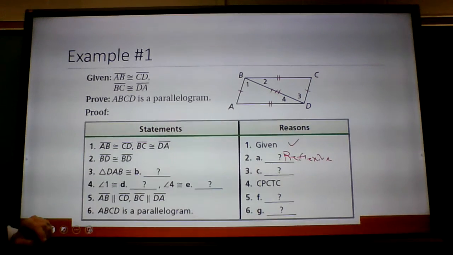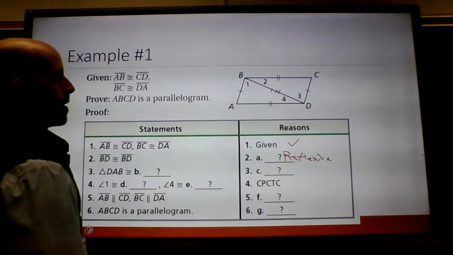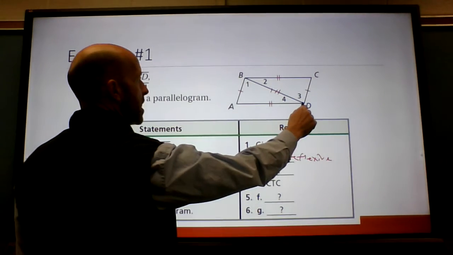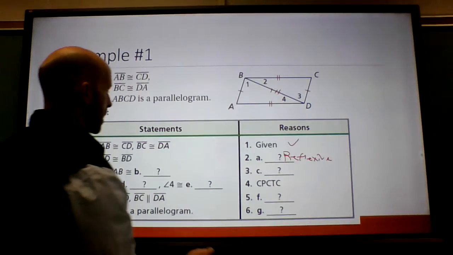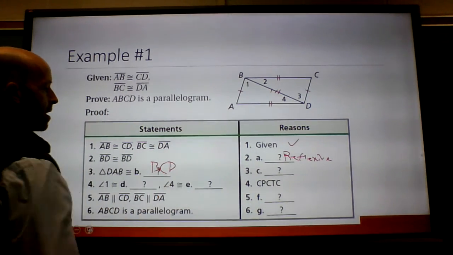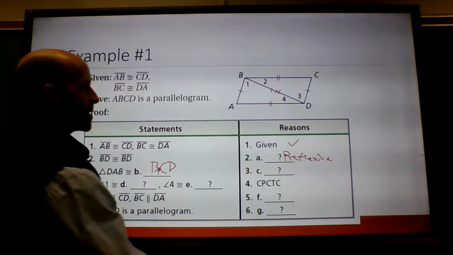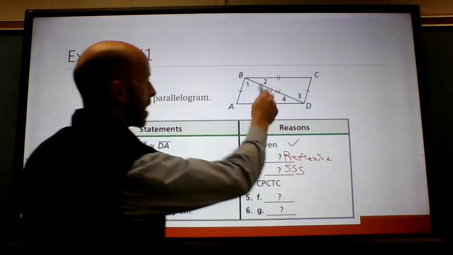And now in step 3, it says triangle DAB. So D corresponds to B, so that's going to be BCD. Triangle DAB is congruent to triangle BCD, and that's going to be, of course, by SSS, because I have 3